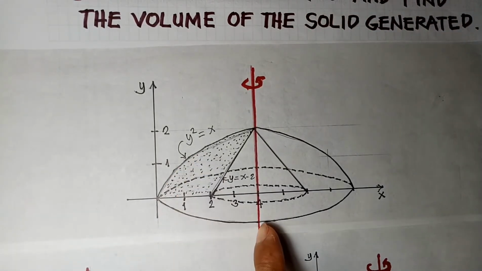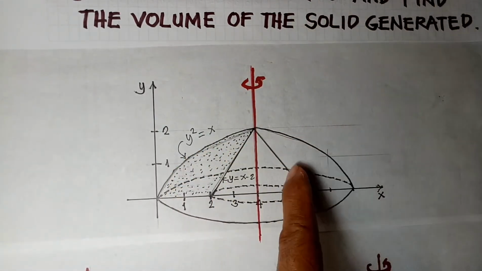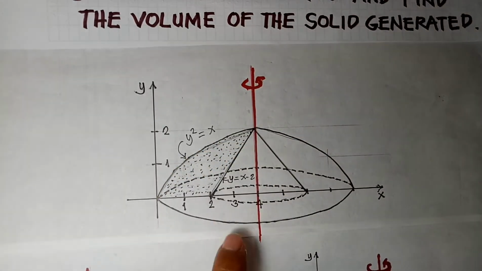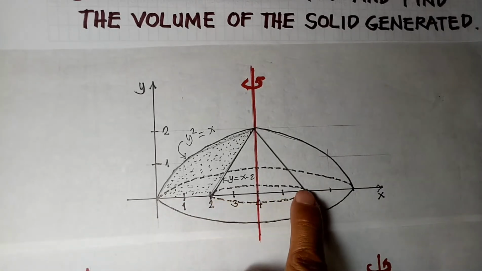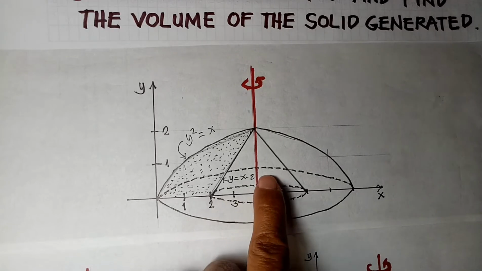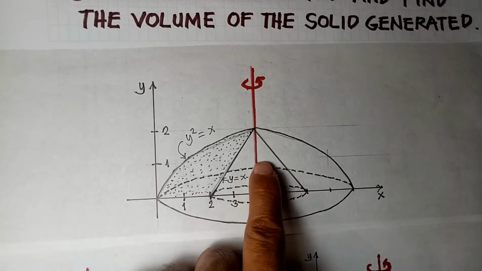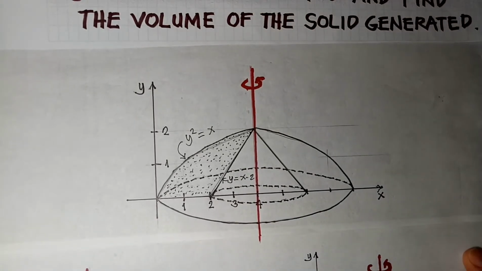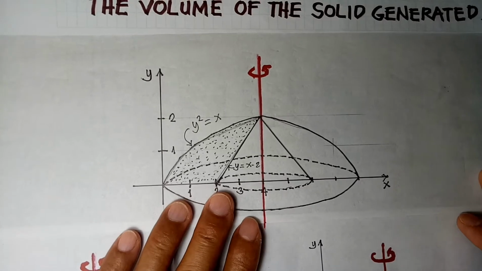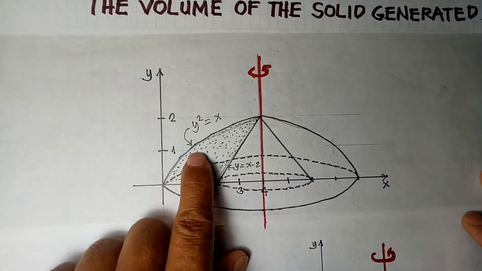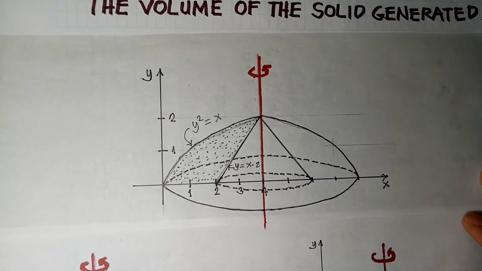Our axis of rotation is the line x equals 4. If we rotate the plane area about the line x equals 4, this is the solid to be generated by the plane area. You see, it is hollow inside. The solid of revolution is hollow inside. So to solve the volume of the solid of revolution of this plane area,